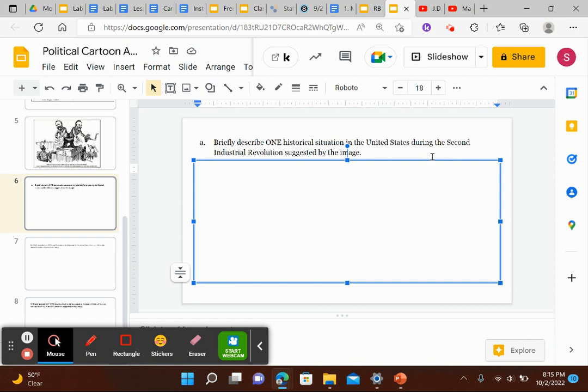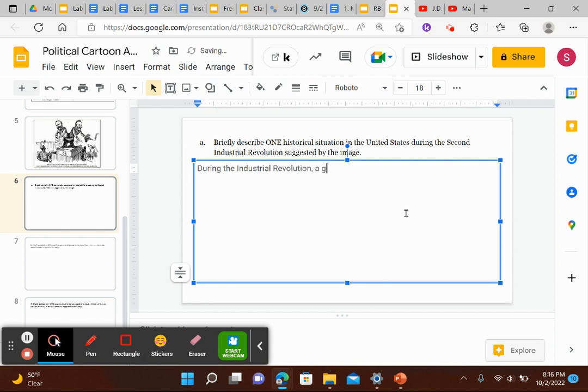It says to briefly describe one historical situation in the United States during the Second Industrial Revolution suggested by the image. So when I look at this, I'm seeing robber baron versus captain of industry. But what I have to do is provide context first. So the first thing you want to do is write a sentence about the Industrial Revolution and how it relates to this image. So I'm going to say, during the Industrial